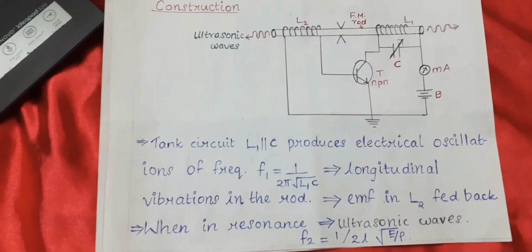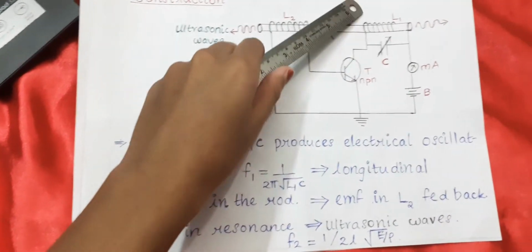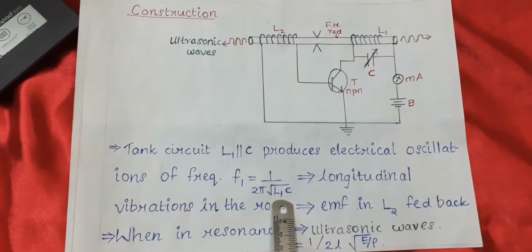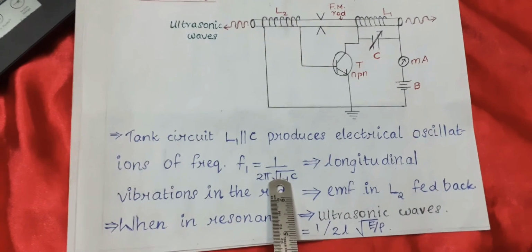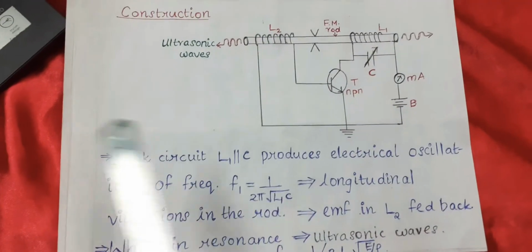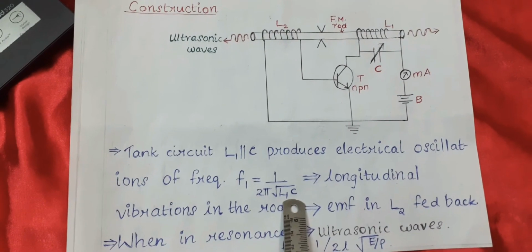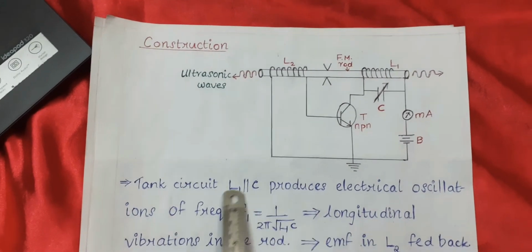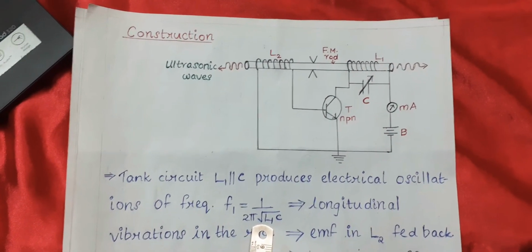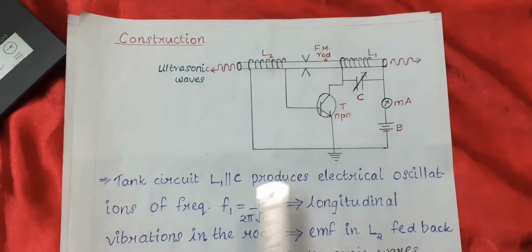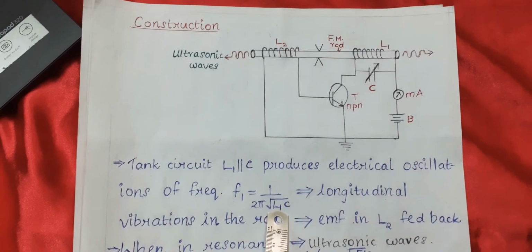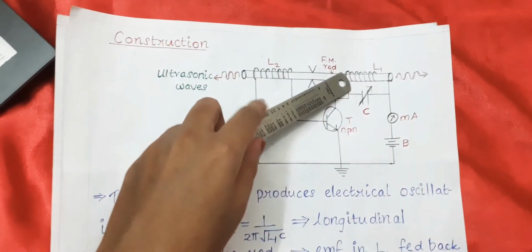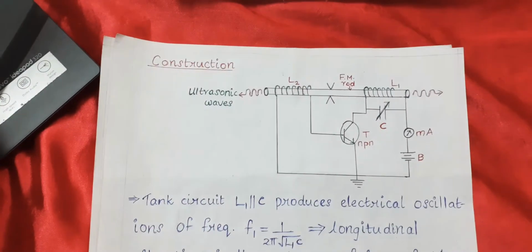Now, the inductor L1 and C, the tank circuit, will produce electrical oscillations with a frequency 1 by 2 pi root of L1C. This formula you might be very familiar with from the +2 classes. For any parallel combination of an LC circuit, you will have an electrical oscillation frequency of this form. So, the tank circuit L1 parallel C produces electrical oscillations of frequency 1 by 2 pi root of L1C, and hence you can see that due to the flow of charges through the inductor L1,